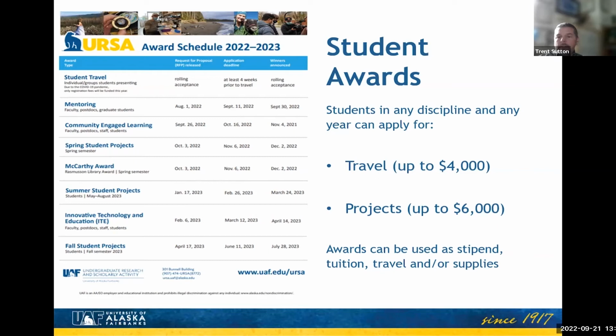And sometimes we give them the opportunity to decide which one they'd want to accept, for URSA versus BLAST, for example. Or we might just ask the BLAST office, are you going to fund these students? And they'll say yes or no. If we were going to fund those and they say yes, then we'll let them fund them. If we were going to fund them and they say no, then we'll fund them. You should be aware of this because the question comes up from students all the time: can I receive money from BLAST and URSA? If they're two different projects, yes, but if they're the same project, no. You can only get one pot of money from one of those two entities for a particular project.